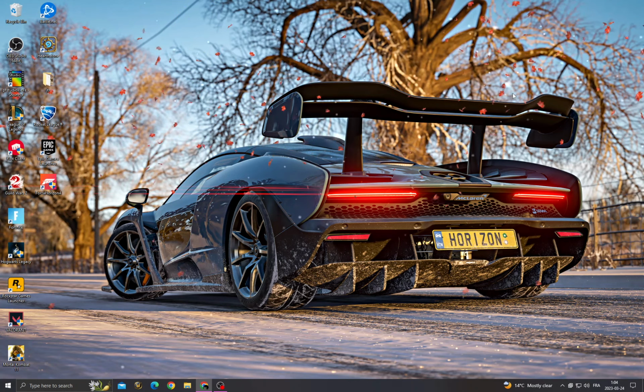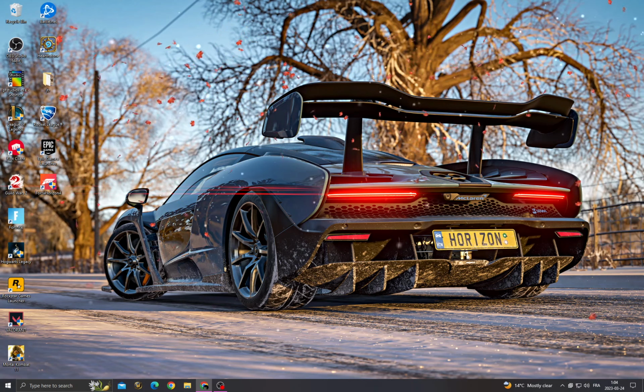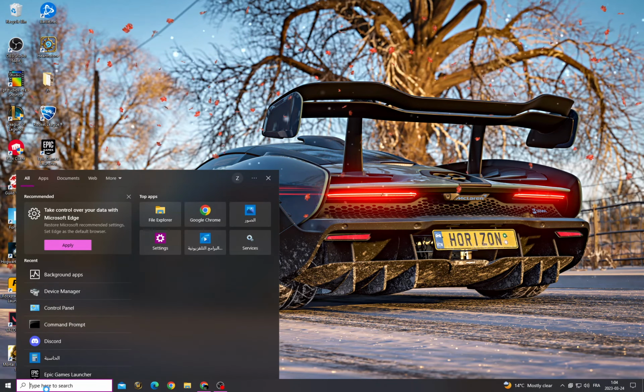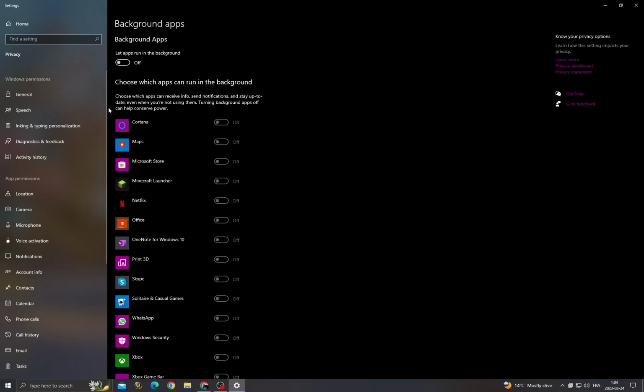Forza Horizon 4 crashing problem. Easy and quick. If you want to fix it, it's easy. All you have to do, just click here and then type background apps, and after that make sure to turn off all those applications that you can find here, and then go back